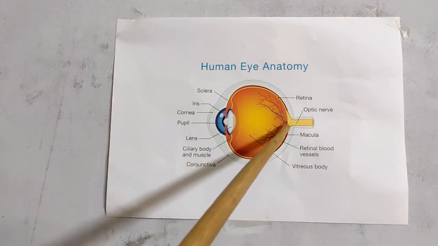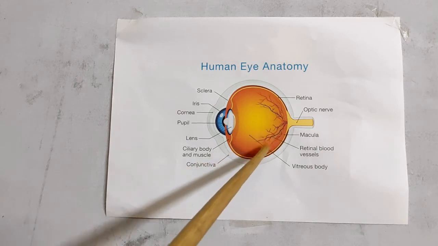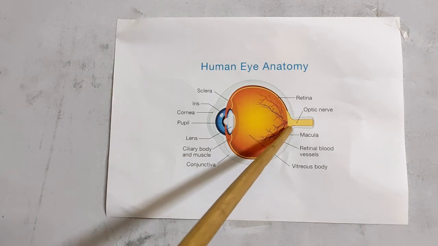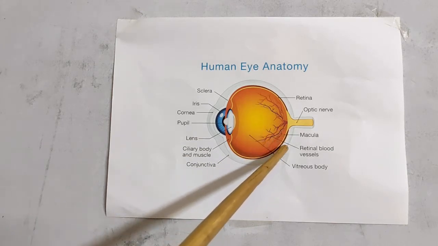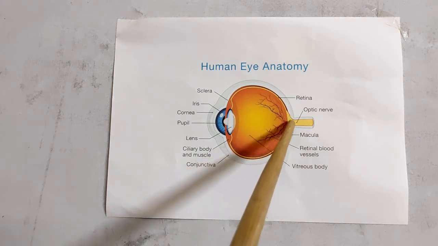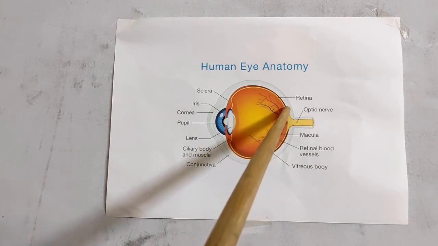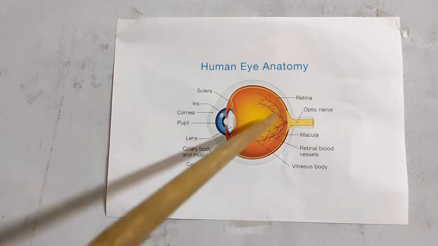Next, if you can see here, this is a point where I have shown the optic nerves, right? And this part is a bit dark maroon in color, as well as here one line what you can see, that is the retina, I have told you. But did this dark maroon color appear here also near the optic nerve? No, right? There is a gap left between this, where the optic nerves are entering, and this part here; there is a small space left. That means if there is no retina, there is no image.